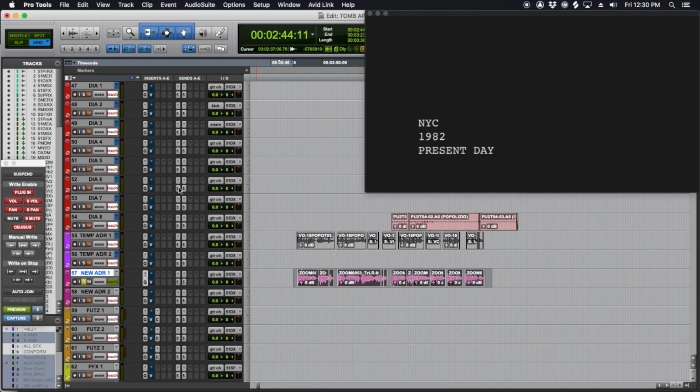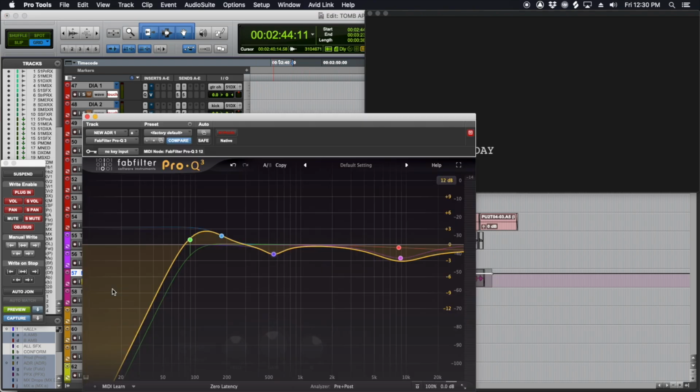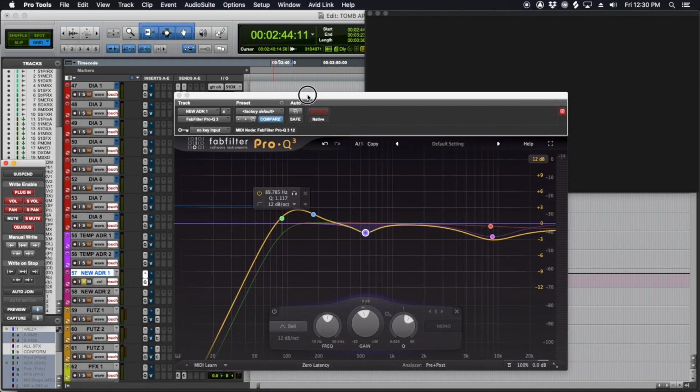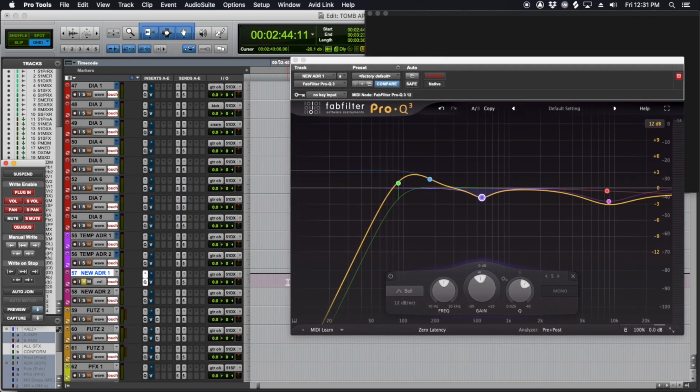Now I'm going to do Option Command question mark. And what that'll do is that'll write those settings to that selection. So that's write to selection. And now if I take it out of preview, if I go back a little bit and play, you'll see